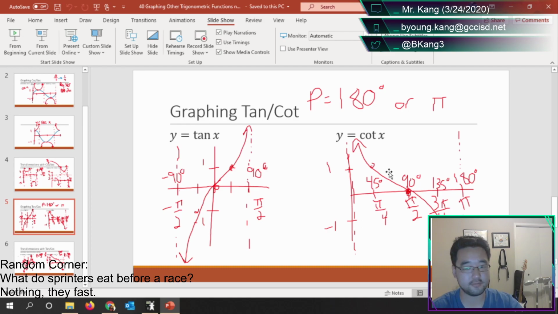The weirdest thing that happens is tangent. Out of all 6 of them, tangent's the only one where your first period, your default one, goes through the origin and it's split across the middle. So you see how you go back here to negative 90 and over here to positive 90? That's a total width of 180 degrees. But you split it over the origin, so half of it goes in the negatives, half of it goes into the positives. And then it goes bottom left to top right. So that direction.